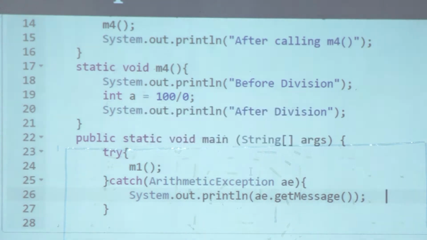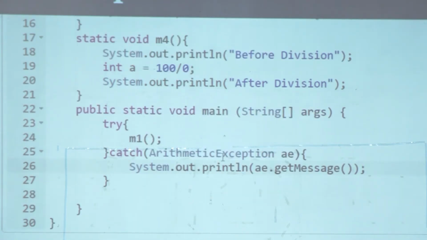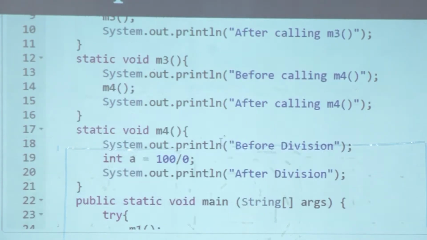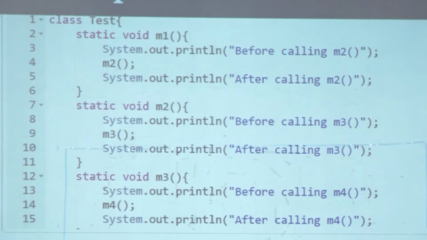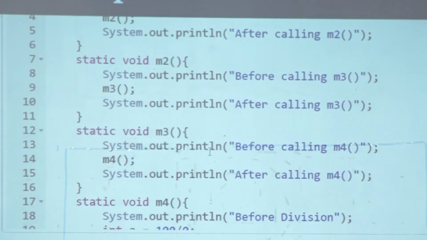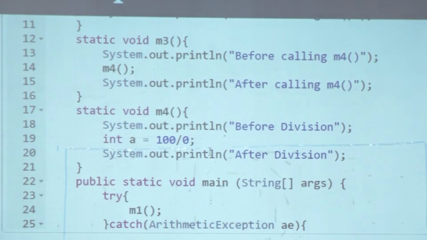Okay. I am going to summarize the code again. In main, I am calling M1 and M1 calls M2, M3, all are static methods. That's why that invocation is allowed, otherwise I would get compilation errors right there. And then I am having these methods and I am having the main.